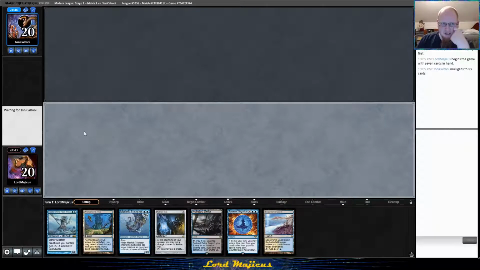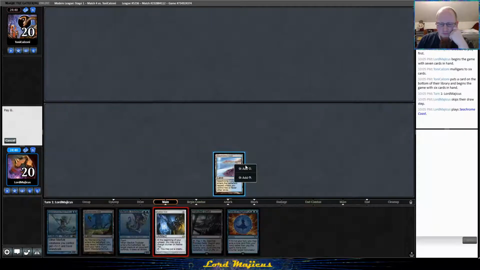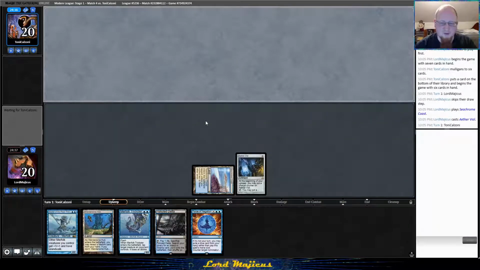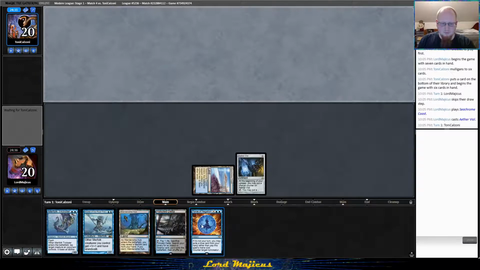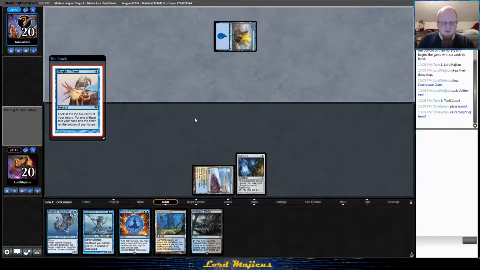They mulled to 6, that's good. Tony Calzone, alright. So there we go. Let's see what they're up against. Be nice if we had one more creature, but I can live with this. Sleight of Hand. Okay, so this is a combo deck, which means Force is going to be helpful here. I don't want to tell them that I have Force in hand. So probably...